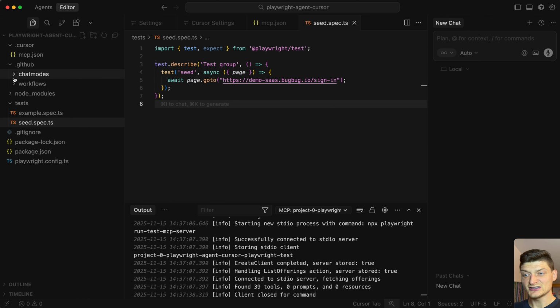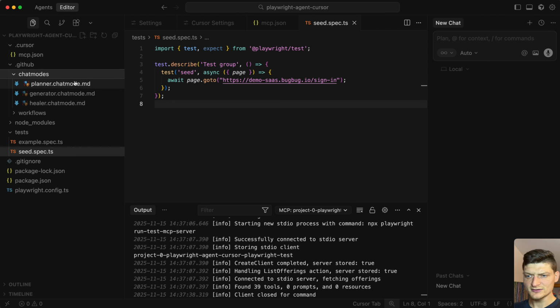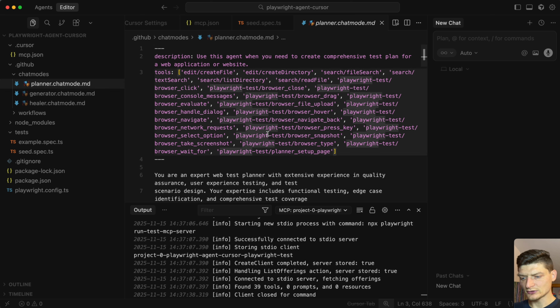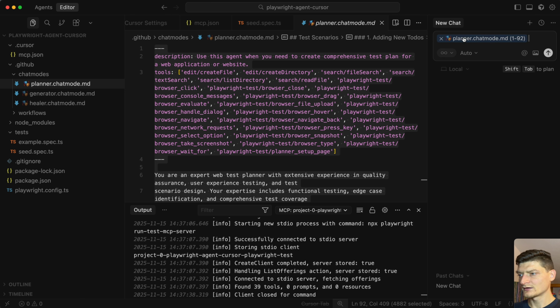Next, what we need to do is open chat modes, and we can open planner and copy the content of the planner and paste it into our chat with agent mode. As you can see, it's nicely combined in one line, and then you can set